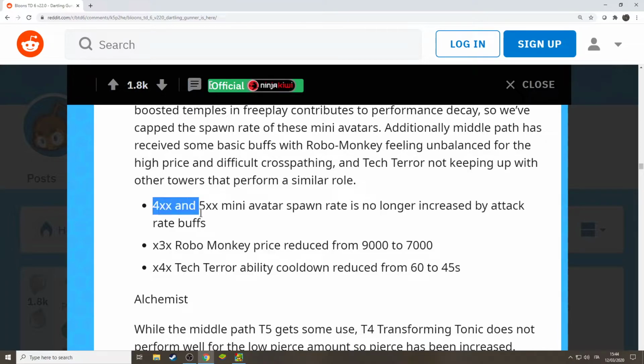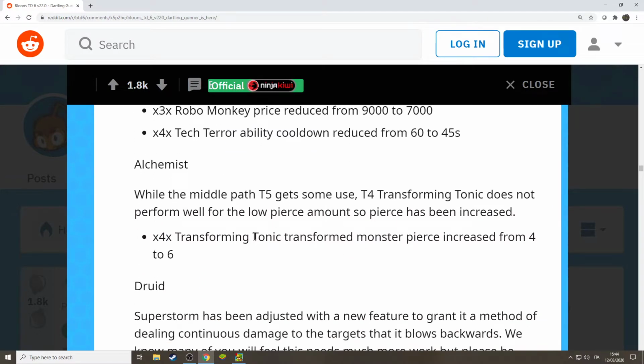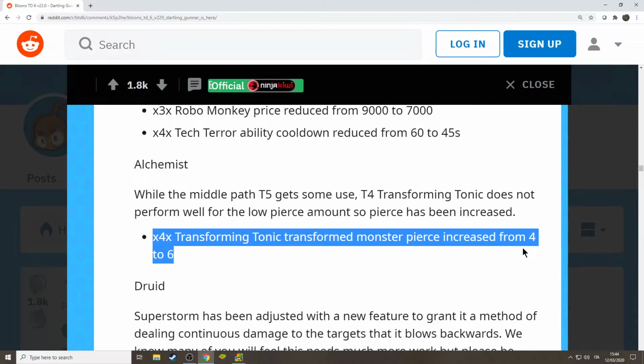For the Super Monkey again, they are nerfing the mini avatar spawn on the temples, so on the 4th and the 5th upgrade. And then Robo Monkey costs less, and the tactical ability has had its cooldown reduced by 15 seconds, so that's 25% less. Transforming Tonic here, more pierce,